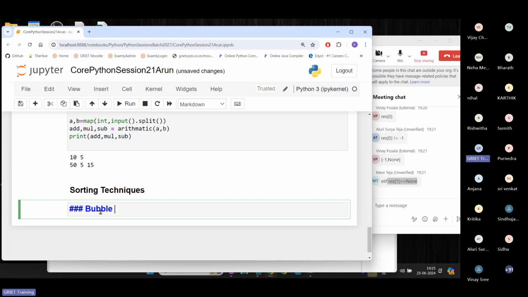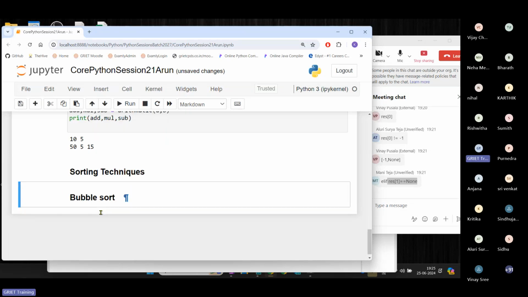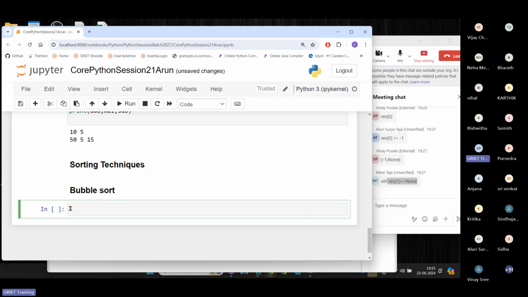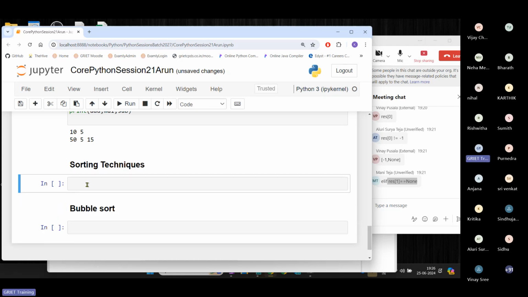Okay, so let's see the first technique, bubble sort, which is most widely used for teaching only. In real time, they don't use this. Bubble sort is just for understanding how sorting works. In reality, bubble sort is very rarely used because its time complexity is very huge. So before I go for these sorting techniques,